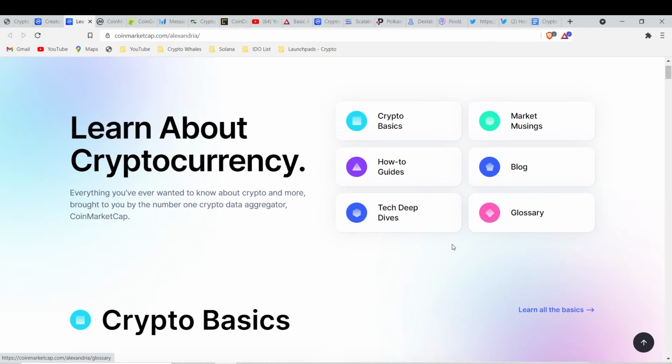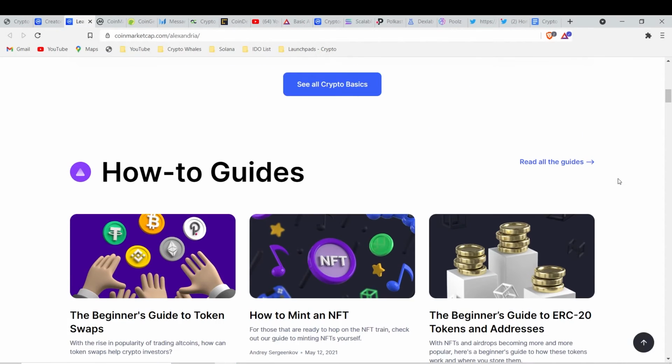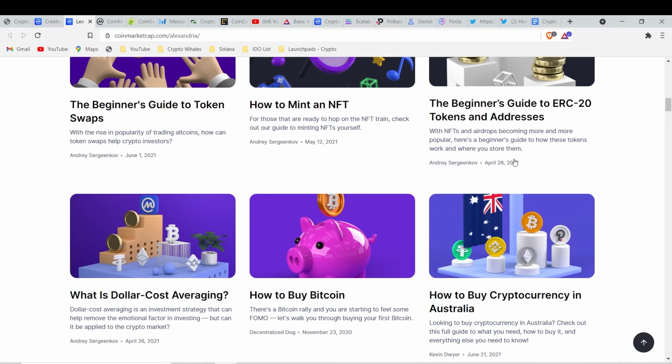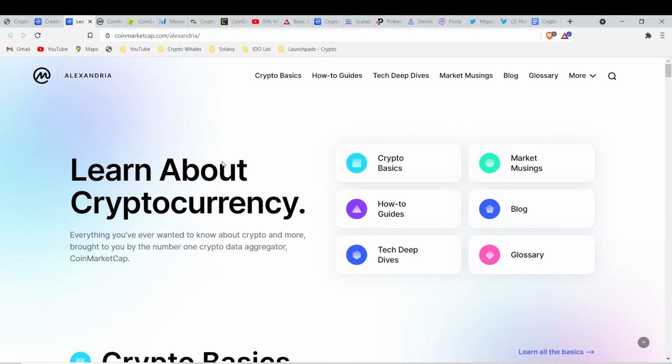It's like your very own learning about the crypto space, right? So that you can make informed decisions for your own investments. Now, thank you very much. This is the very first platform that I would actually use as a tool for you to actually start in